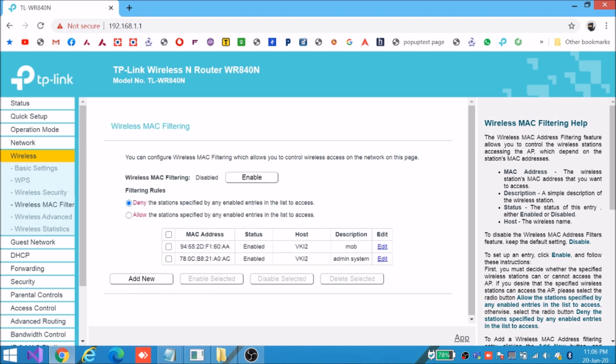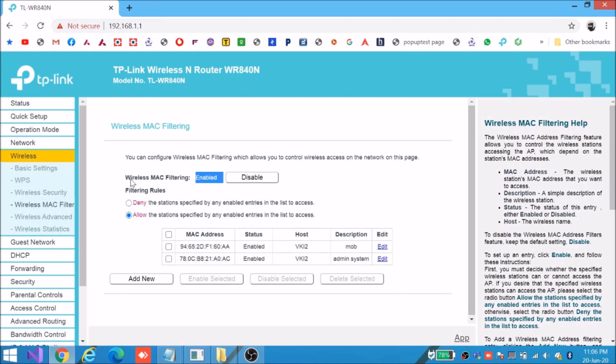Now I have saved my system MAC address here, which is mandatory to save when you are allowing, and this is one mobile which I'm going to allow. Now I'm going to select this allow option, so this change will also be saved. And now I'm going to enable these changes.